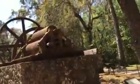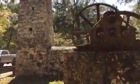He had a home, a mansion out on Tiger Tail Island. And what I'm told by fairly reliable sources, there's nothing left of that anymore. That home was burnt down in 1864 by federal raiders. And after that, this operation ceased to continue. This was not burnt down. They never got this far, but